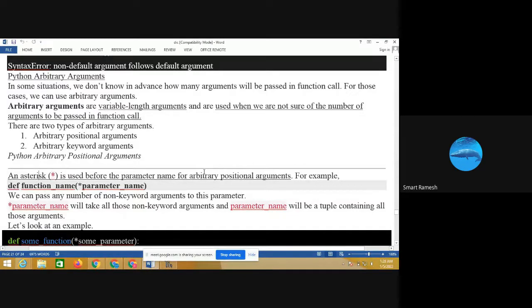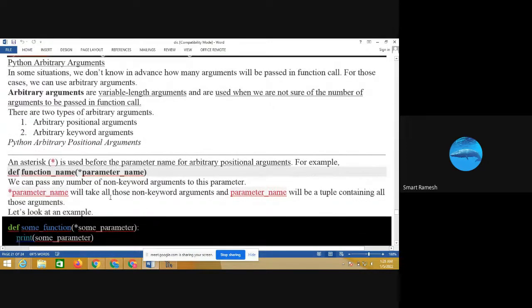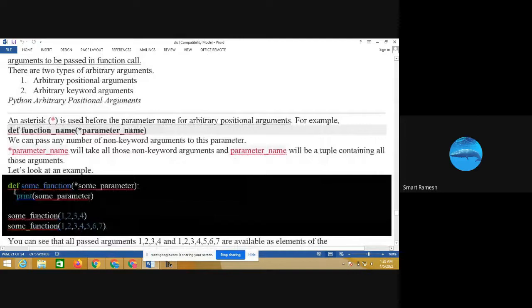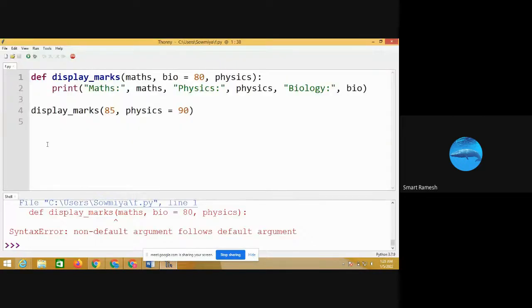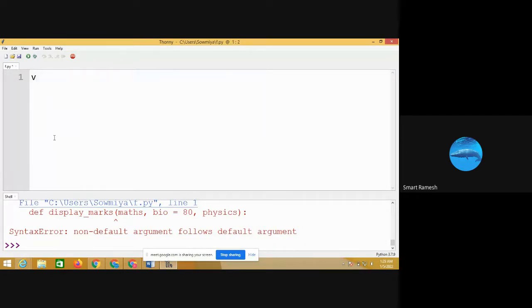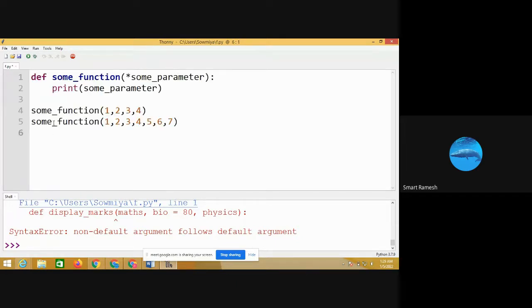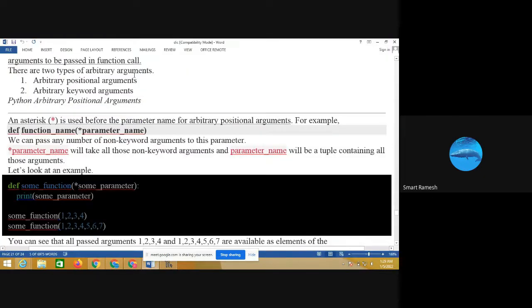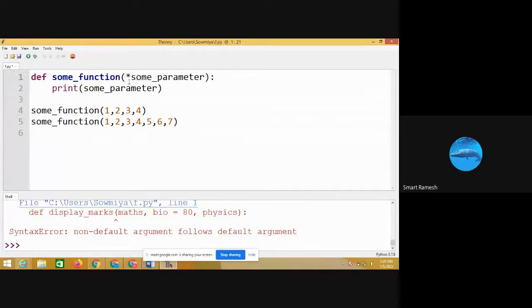For example, some function star some parameter. Here, some parameter is the arbitrary positional arguments, because we are using the star.